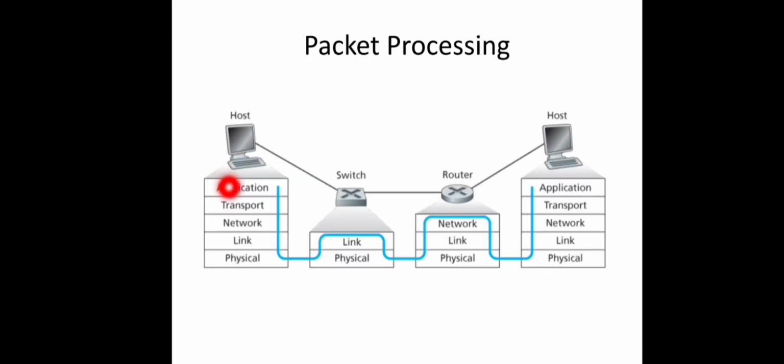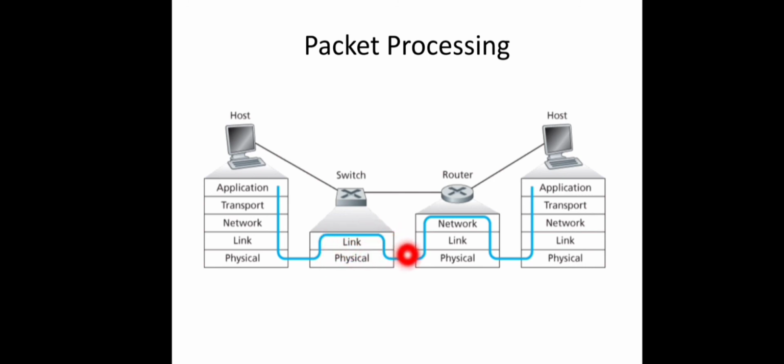So in an abstract way, we have the sender machine which generates some user data using some application in the application layer. Then it will be transported over to the transport layer. Transport layer will put the corresponding process number and all. Then it will be handed over to the network layer where the IP address or network address will be attached. Then it will be given to the link layer to attach the MAC address and all. Then it is given to the physical layer. Then encoding will be done and it will be transmitted over the media, and it will reach some switch within the local network itself, right? And there we have two different layers, link layer and physical layer.